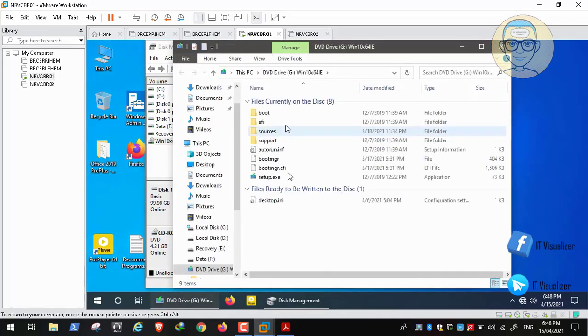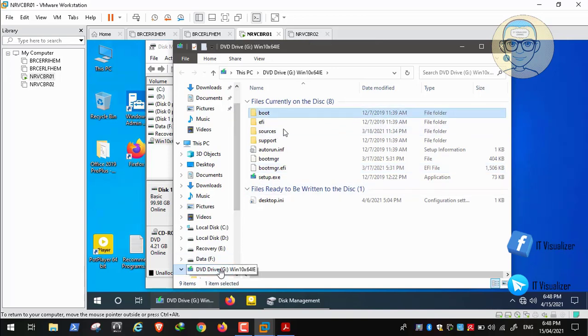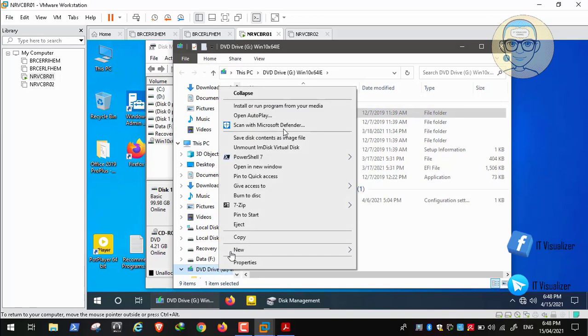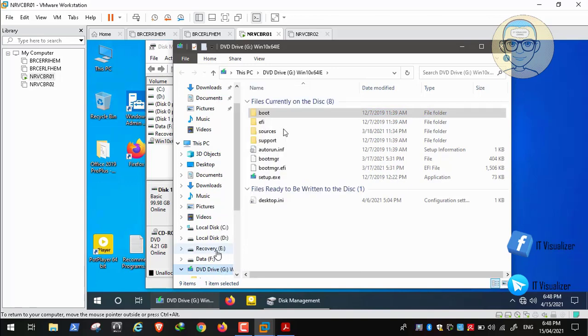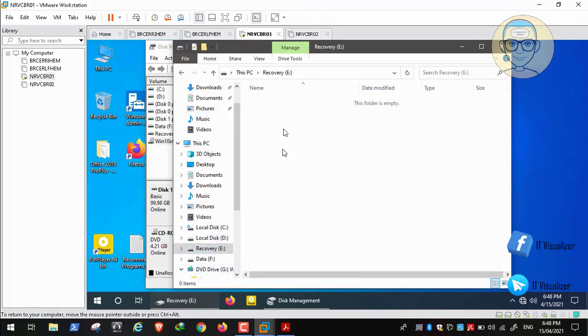So here, this is the Windows 10 operating system DVD. We will copy this DVD and put it in the recovery partition that we have just created. So we will copy the DVD and then we will put it in the recovery partition. Okay,